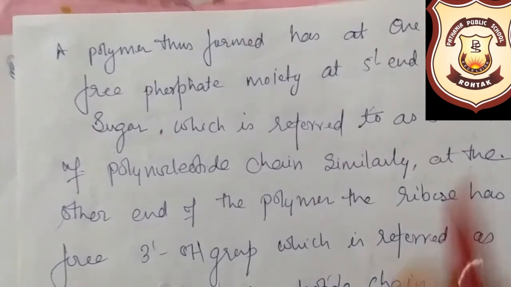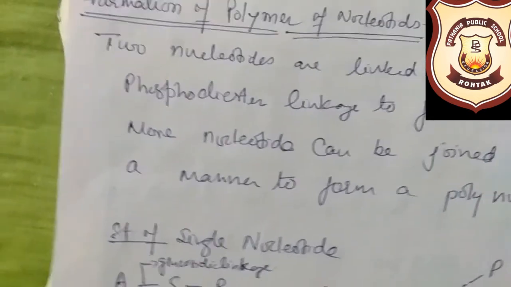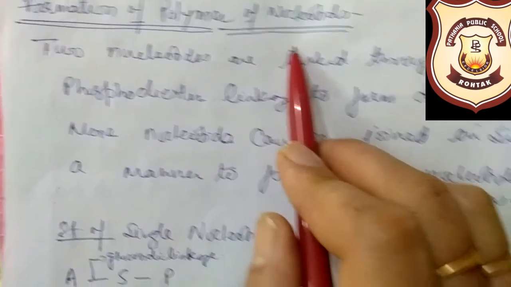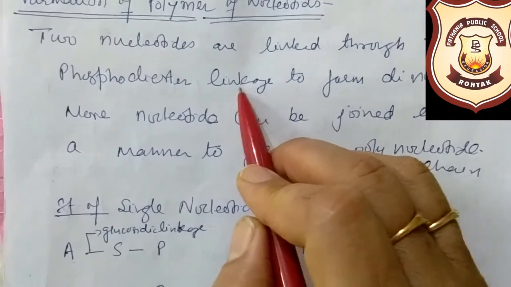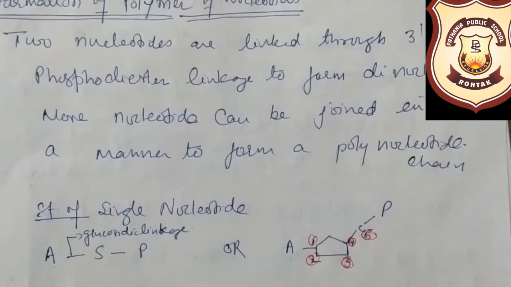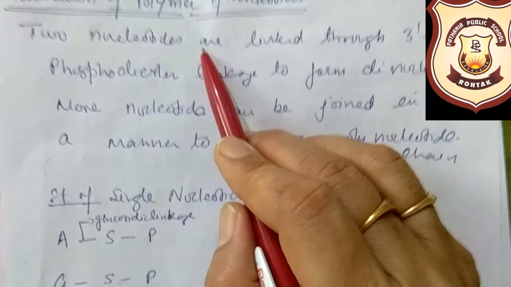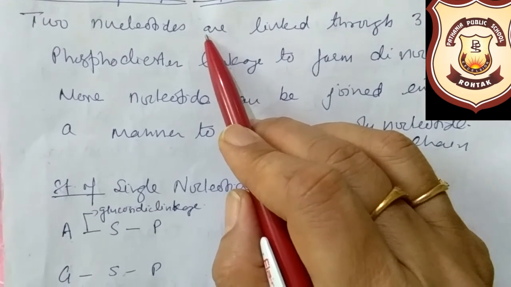Okay, so we have seen the structure of the raw material which is required for the nucleotide. That means nucleotides are formed. Now we will see how these nucleotides will link together to form the molecule of DNA. Suppose two bricks are formed, and a room is a polymer of bricks. Now we have made the brick, and now we are to join various bricks together to form a room. Similarly, the nucleotide can be compared with the brick, which is ready. Now we are to join various bricks. So nucleotides are linked through the 3'-5' phosphodiester linkage.